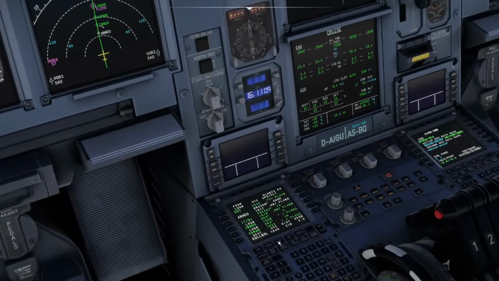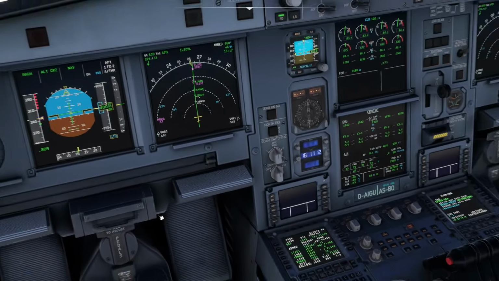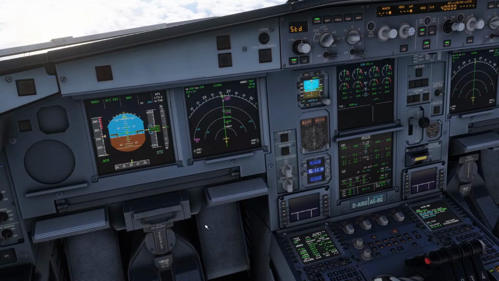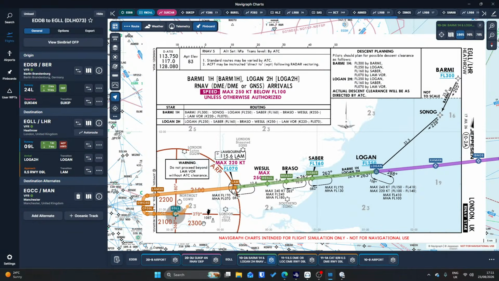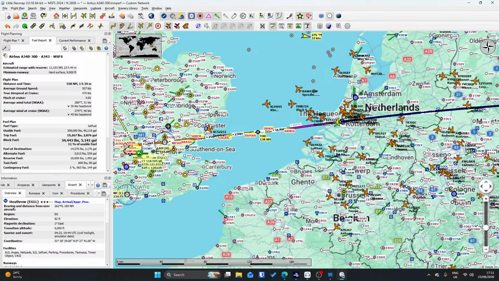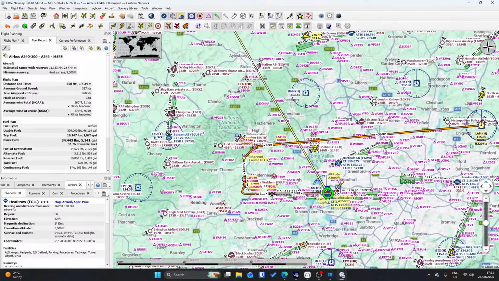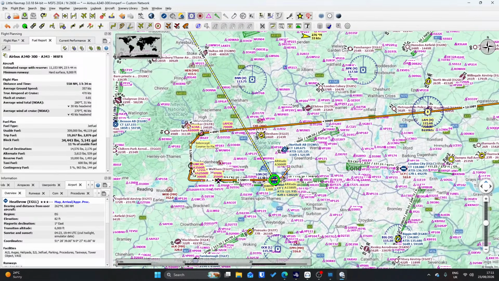So, we've done the destination data, which is why it's not saying anything about it. We know all about the arrival, a standard terminal arrival route. It's just a gradual descent all the way in. Should be fairly straightforward. We get to fly right over the top of London. So if you go and look on a normal map, you get to see that. Look, we're going to be right past, oh actually we're a little bit north of the city, but it should